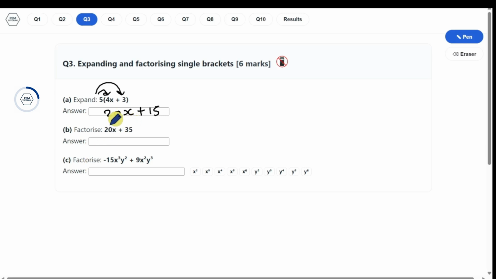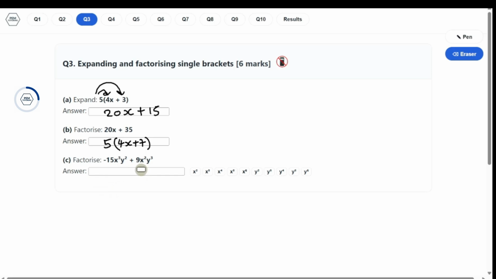If we look at 20 and 35, the highest common factor between 20 and 35 is going to be 5. So that means we have 5 outside our bracket. And then we have to times 5 by 4 to get 20, so we put 4 there and we have an x there as well. So that is 4x plus 7, because 5 times 7 gives us 35. So that is done. Now if we look at part C, it says factorize minus 15x cubed y squared